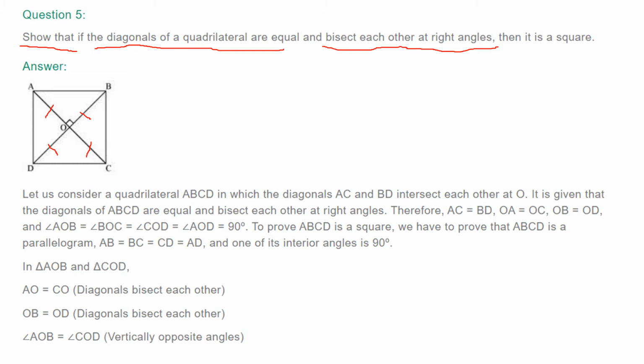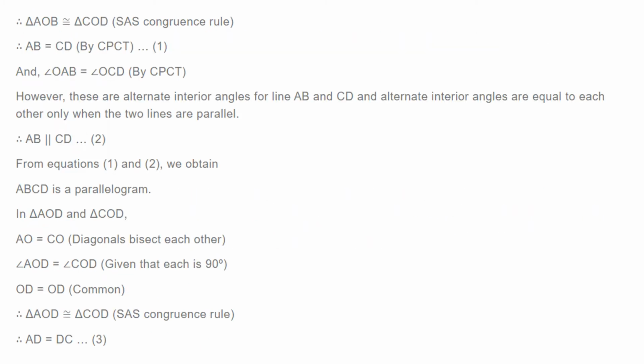How will you do? Just select the triangle and congruent them. I'm going to select this triangle AOB, shaded region, and here you can take COD. Just prove them congruent. How will you do it? AO equal to OC given, here OD equal to OB, this is also given, right? By vertical opposite angles, you can take this angle equal to this angle, right? Both are equal, vertical opposite. Hence, triangles are congruent. Triangles are congruent like this. I'm going to draw over here. See.